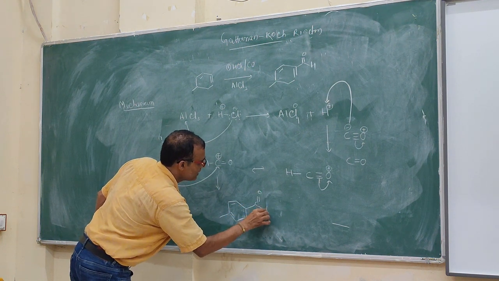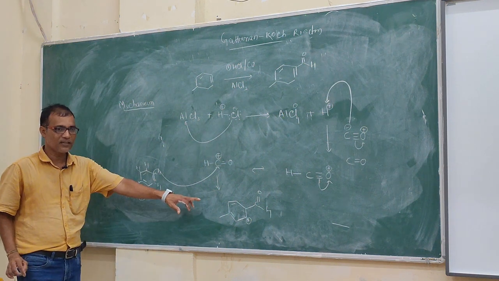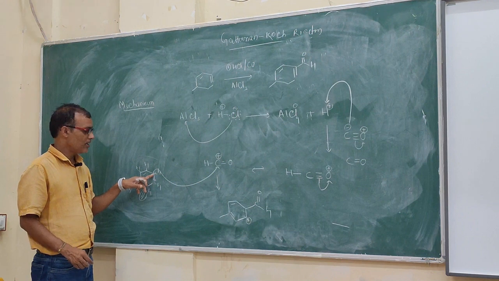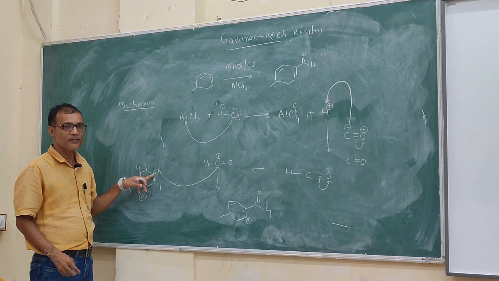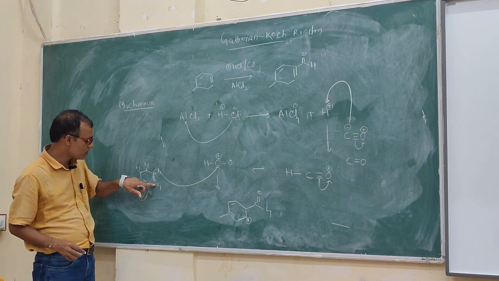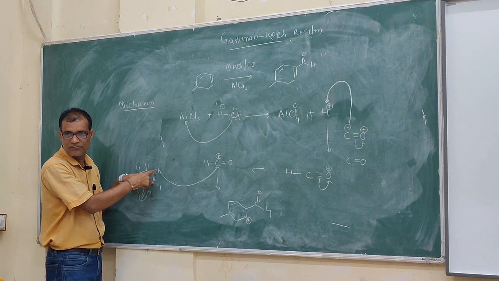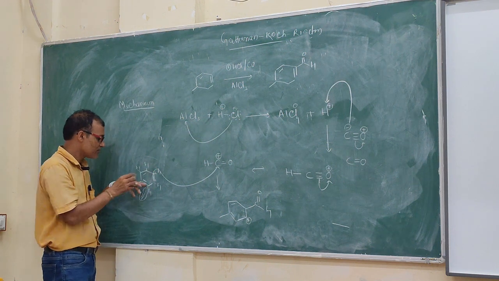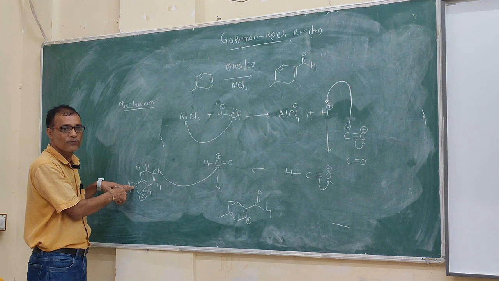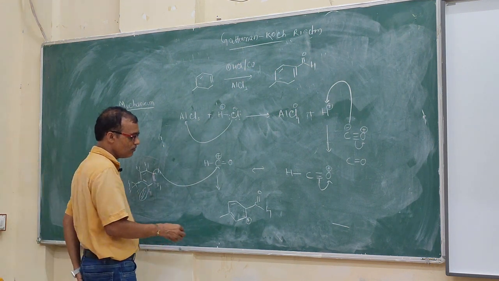C double bond O H, and this will be plus. This step is clear, because before attacking, the arrow should start from a negative charge. That means this double bond you polarize to minus and plus. You cannot do plus. If you want to decide, no problem. Then make this minus, that plus. But this center is to be attacked, because this is para with respect to the electron donating or inducing group. So this one needs to be negative, so it will do now.